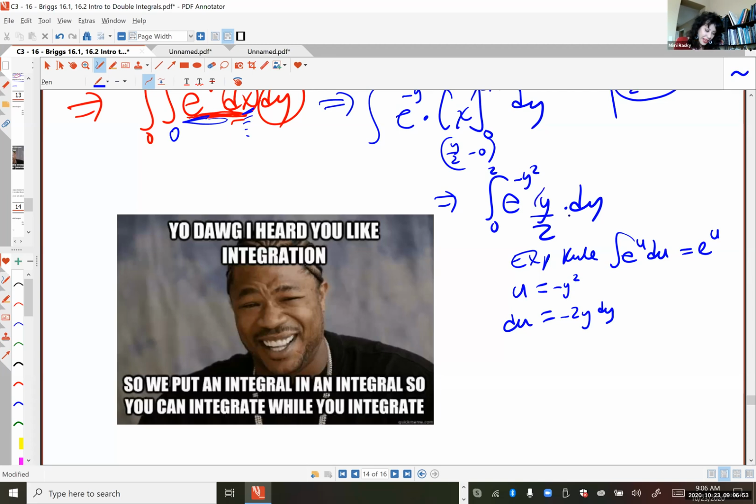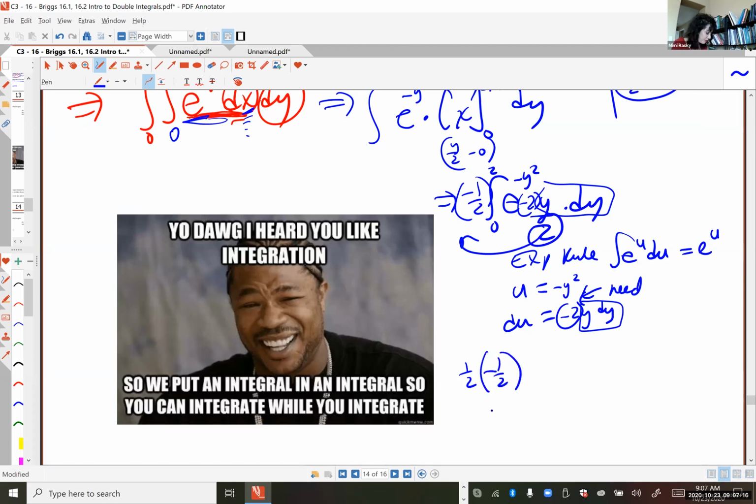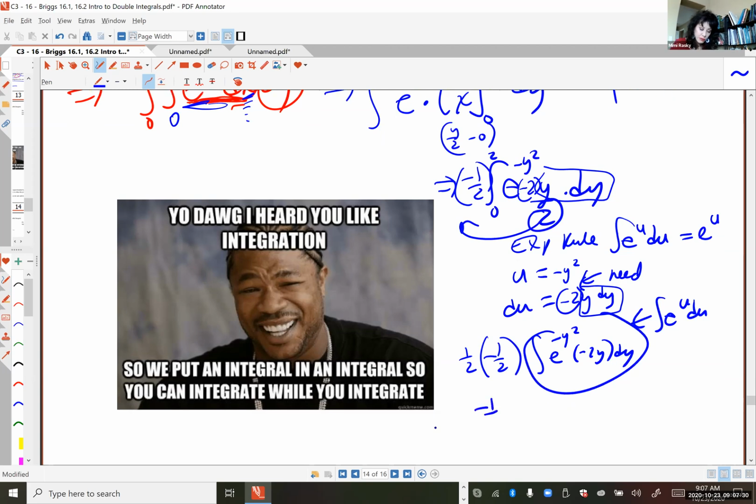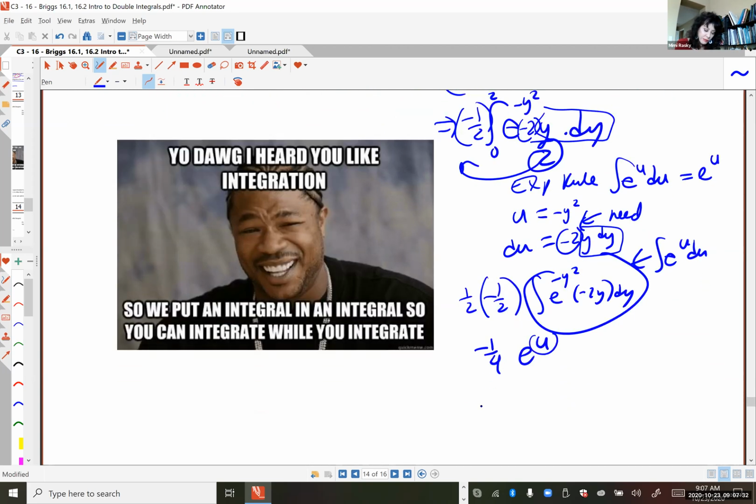Okay, good news and bad news. We do have a y dy already in the integrand, but I have a 1/2, and I don't want a 1/2. I need a -2. The 1/2 I'm just going to pull out front here. So I'm going to put a -2 in there, provided I multiply the front by -1/2. So what do we have in the front now? We have this 1/2, and then we also have the -1/2 because of the exponential rule. And now this looks like the integral of e to the u du right here, so we're going to have e to the u, and then you're going to put your u back in